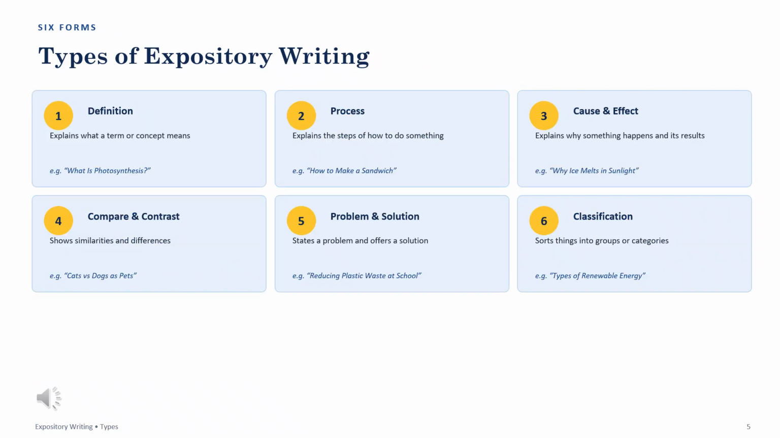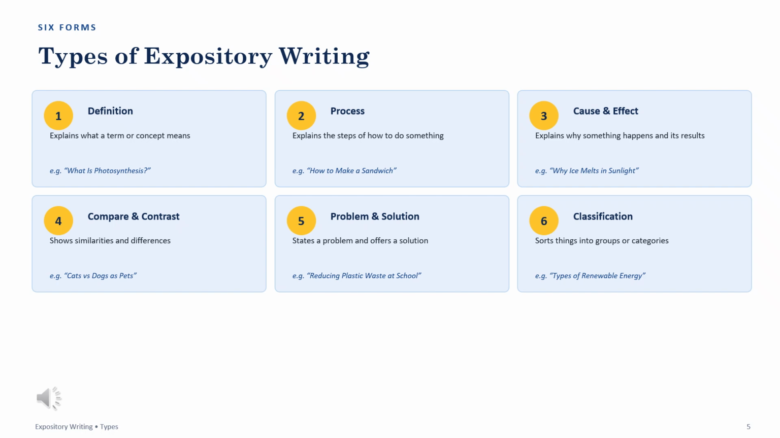Expository writing isn't just one thing. It actually comes in 6 different forms depending on your goal. Number 1 is definition, where you explain what a term or concept means, like what is photosynthesis. Number 2 is process, explaining the step-by-step instructions on how to do something, like how to make a sandwich. Number 3 is cause and effect, explaining why something happens and what the results are, like why ice melts in sunlight. Number 4 is compare and contrast, showing the similarities and differences between 2 things, like cats versus dogs as